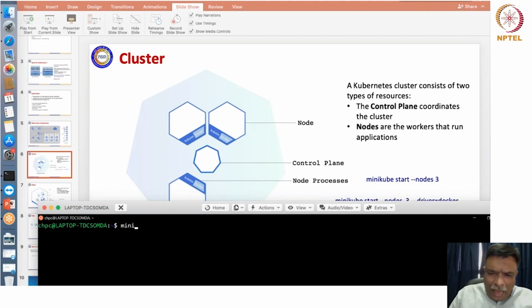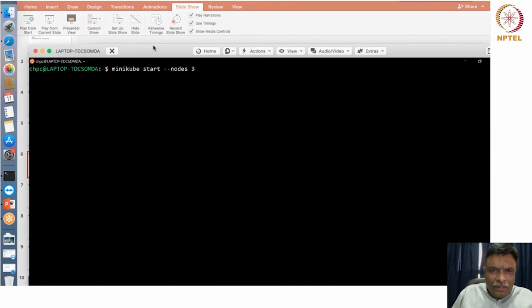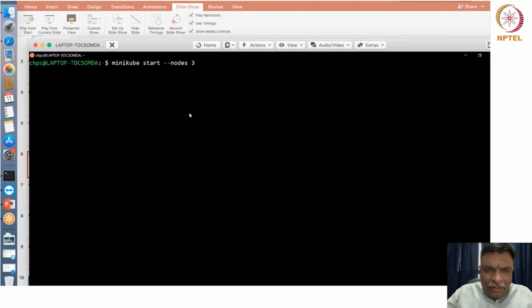So we'll start Minikube start nodes 3. So I hope this is visible. We'll increase the size of this a bit. Yes. So when I say Minikube start nodes 3, before that let me just go and check whether do I have any